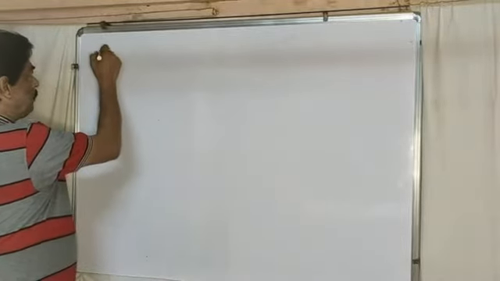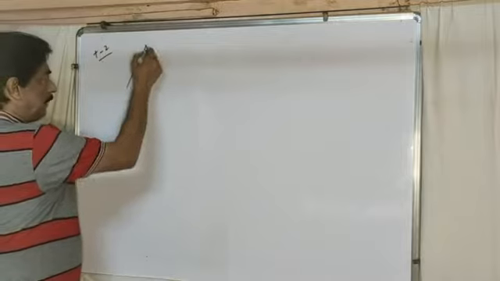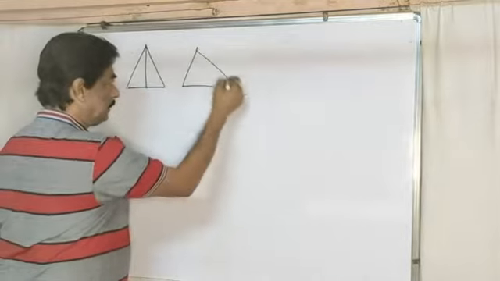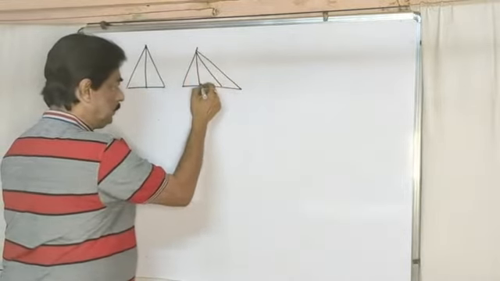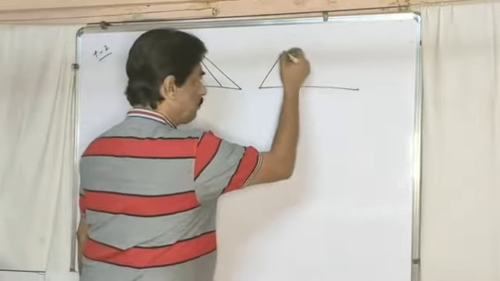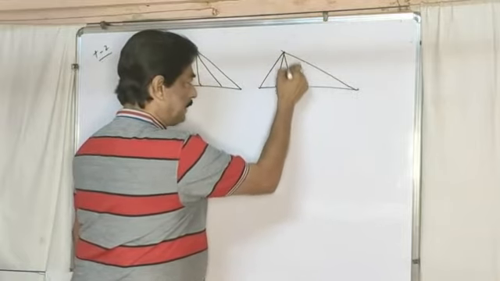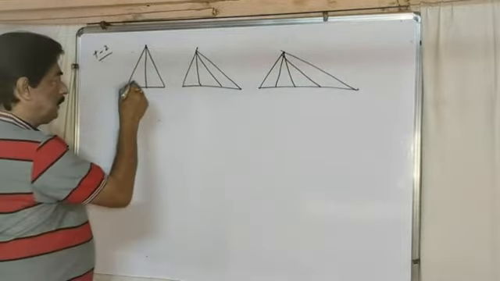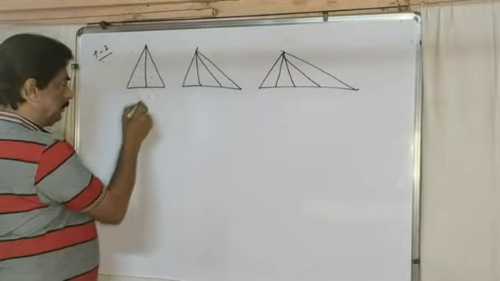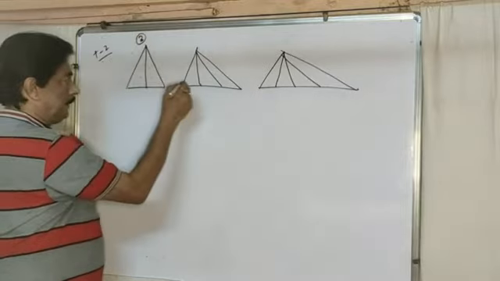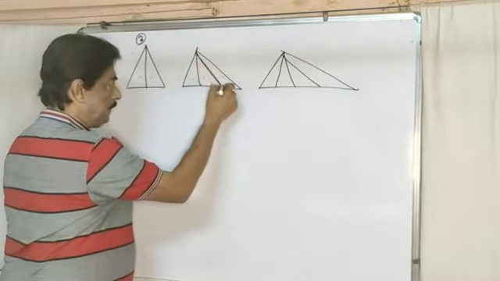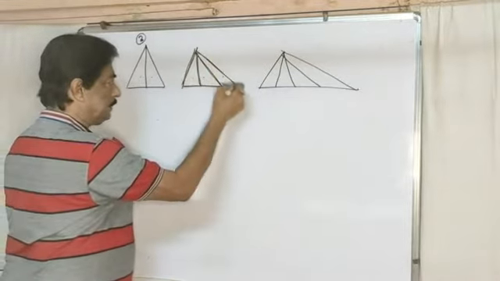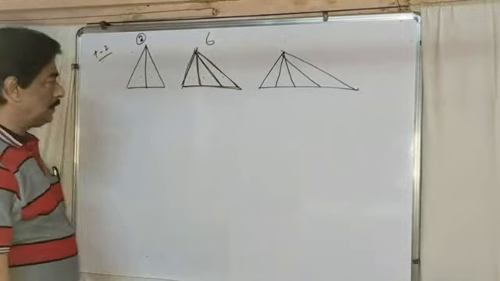Now type number 2. Consider this triangle. Consider this triangle. Consider this triangle. These are the base. Now, how many triangles are in the figure? If you go for the normal case, 1 triangle, 2 triangles, and the total is 3. This is 1, 2, and 3. This is 4. This is 5. And the total is 6. Now, make a shortcut.